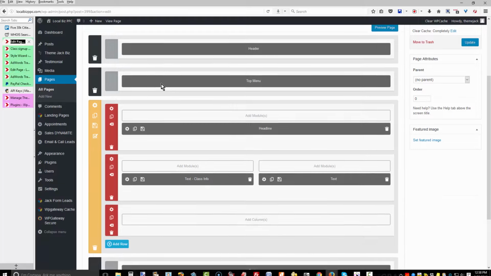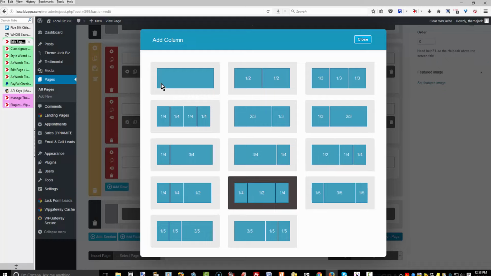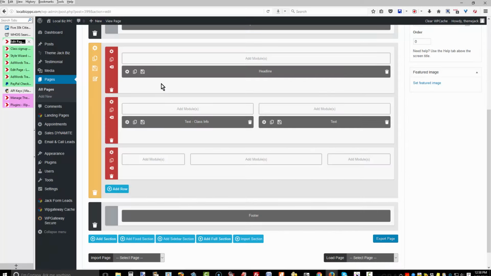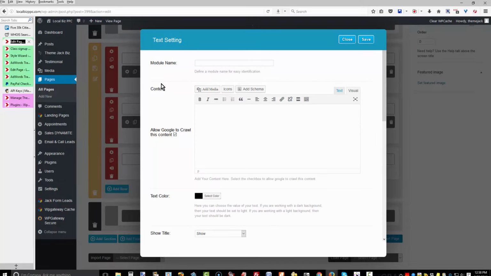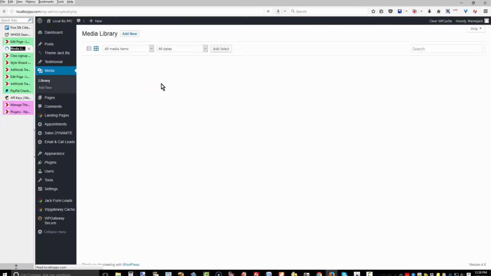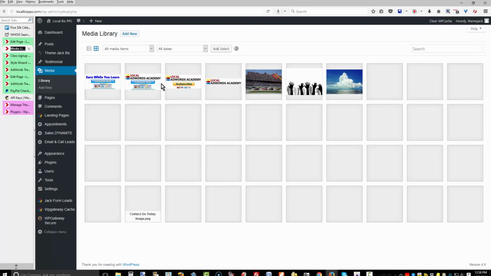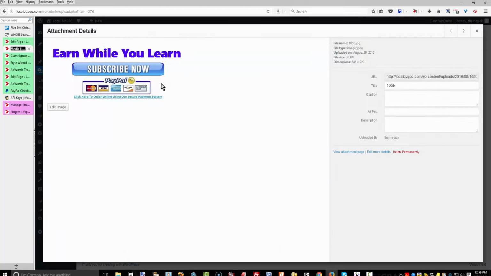And here I'm going to add column, and I will add a module, add text, and you need it to be on the text setting. Now, I took the PayPal button and saved it as an image in my library. So I got this button, I added the Earn While You Learn, saved it as an image in my library, and then copy this URL